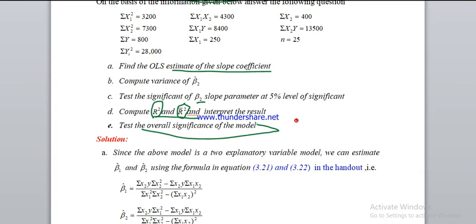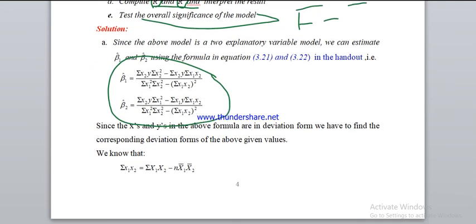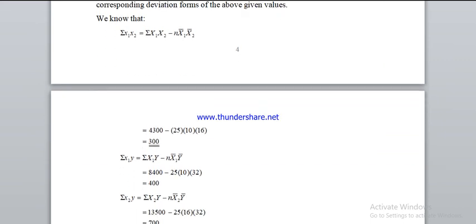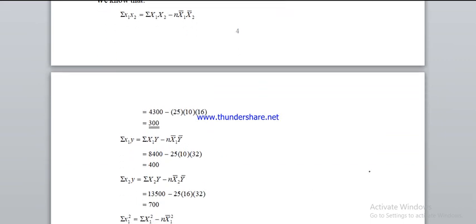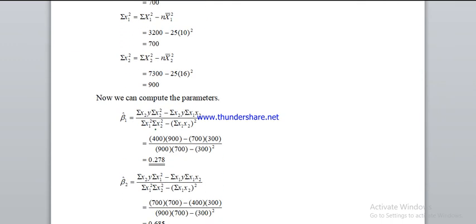To test the overall significance of the model, as I said, we have to use the F test. I think the first is calculating the slope parameters, beta 1 and beta 2. We already have this formula in our PPT lecture note. So it is a matter of substitution. The raw information is already given, so we can substitute and get the value of beta 1,